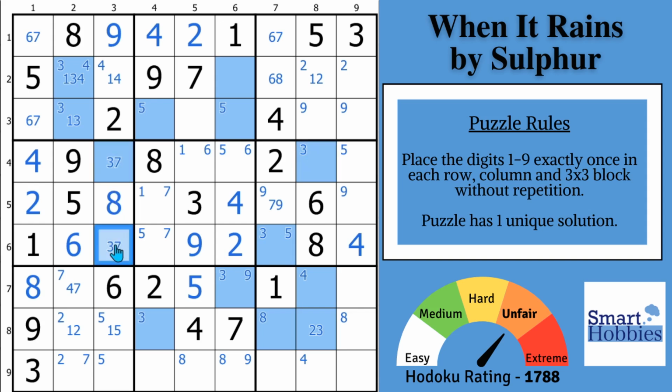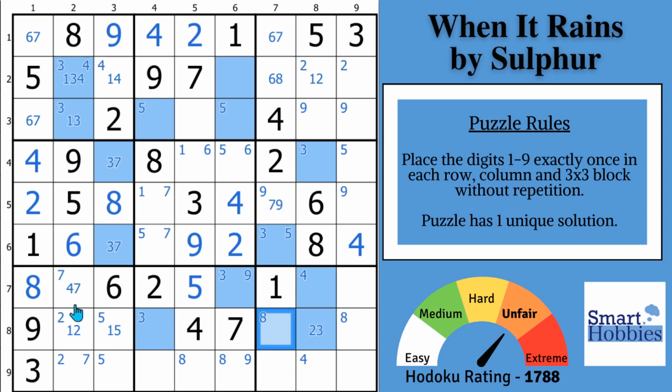So these 3s are a conjugate pair inside the block with a 7, but outside the block with this other 3. But you'll notice that this 3 is a conjugate pair with this 3. All that means is if either this is a 3, if it's not, that has to be a 3. Same here. Either this is a 3, if not, that has to be a 3. This is the powerful connection you need to make to find the next strategy that's going to unlock some more